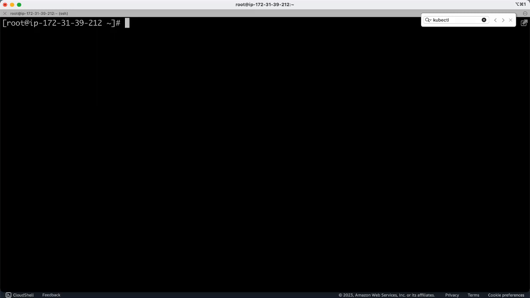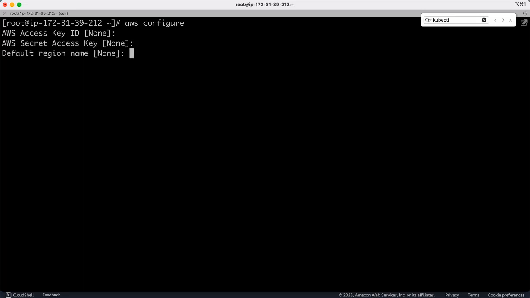Okay, so all right, at this point we have already attached the role, so we just run aws configure to specify the region in which we are going to launch our EKS cluster. So I will leave the default access key ID and secret access key, because this access key and secret key will be generated from the IAM role, which will be rotated every 15 minutes, so it makes it more secure. Then I need to give the region, so I will just simply say US West 2,